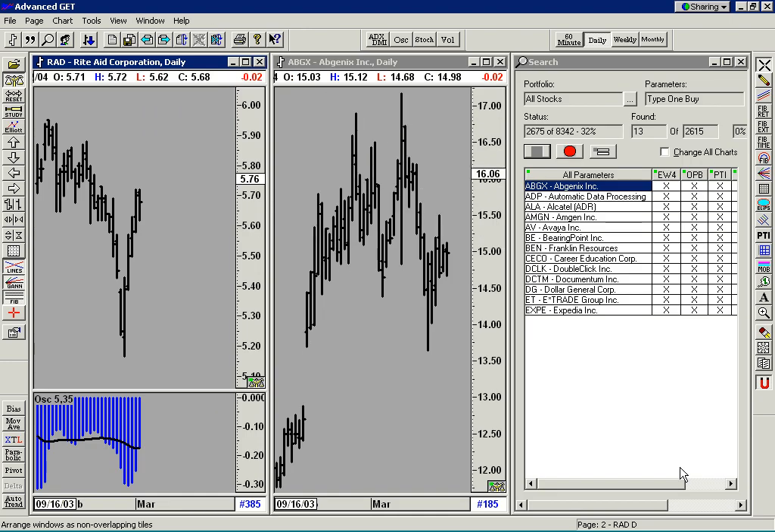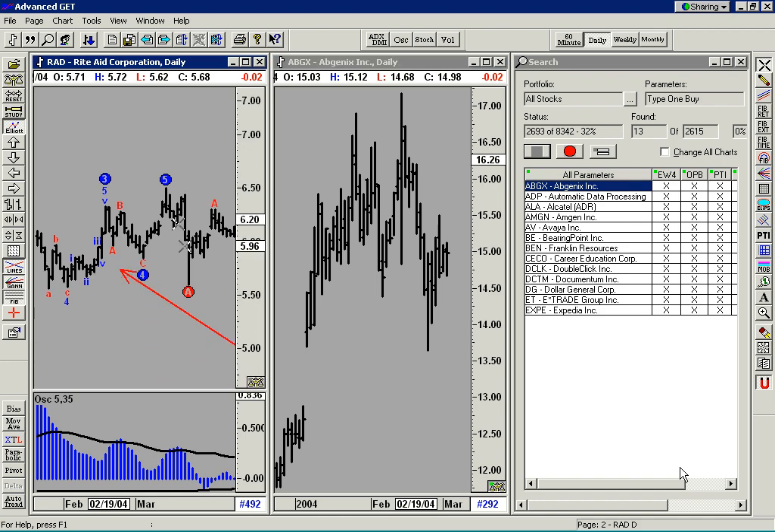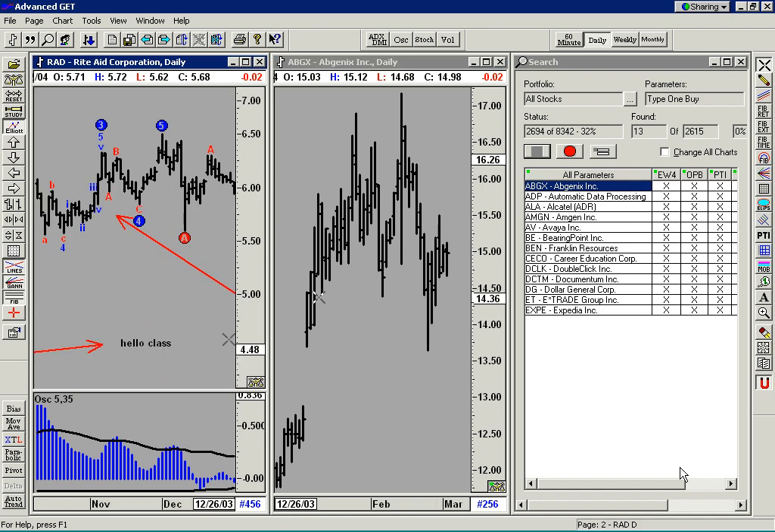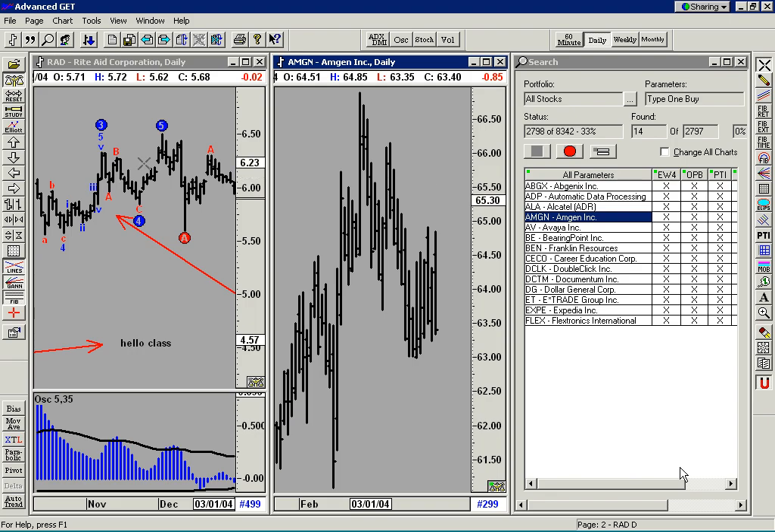There we go. Here's my ABGX chart. Here's my Rite Aid chart that I did my technical analysis on. Here's the hello class that I wrote on there. So I have two open windows here. But when I double-clicked on ABGX, it only changed the one chart that opened up when I double-clicked. If I click on Amgen here, it's going to change this chart to Amgen, but my Rite Aid chart was